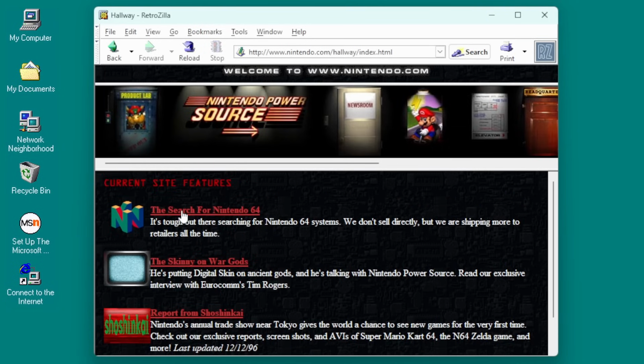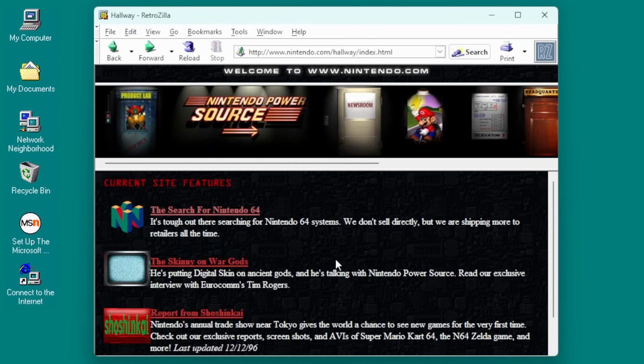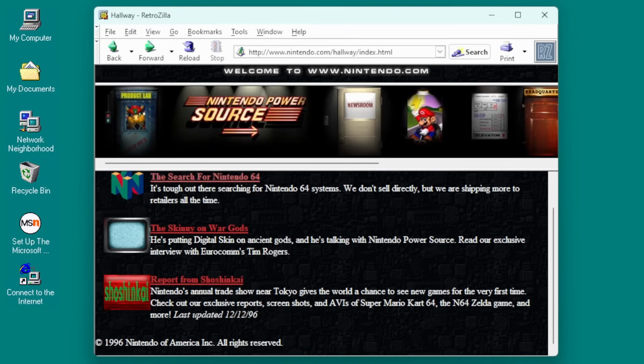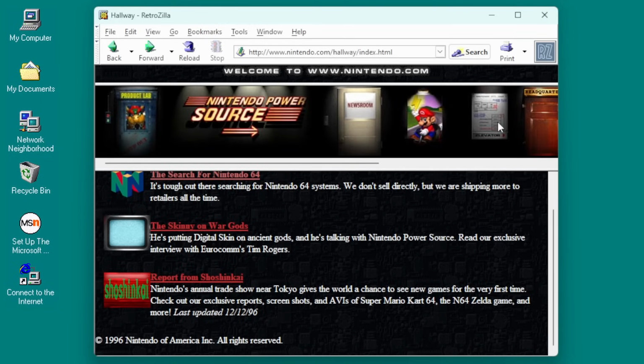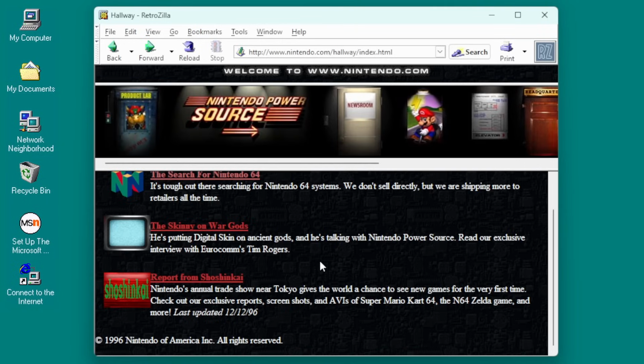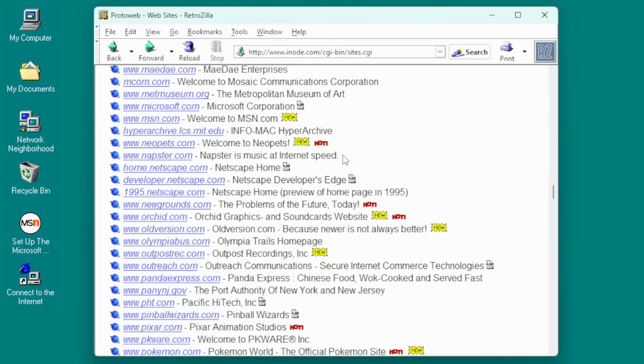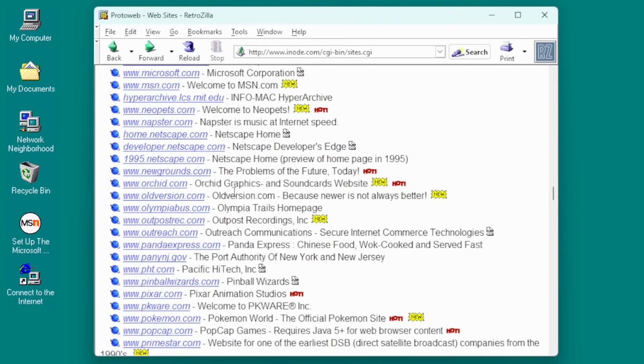The search for Nintendo 64. Seems like Nintendo 64 was hard to get. They're talking about shipping more to retailers all the time. They do not sell directly to consumers from the internet. Interesting. There's not a ton of clickable links here. I don't know if that's how it was or if it's not complete yet. But if I keep going here,